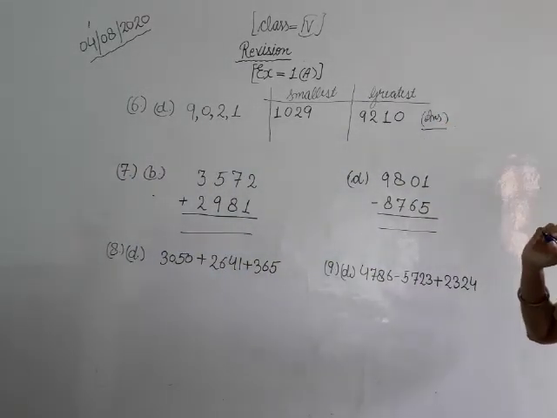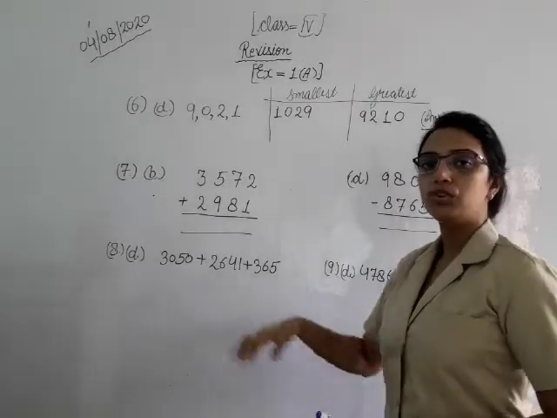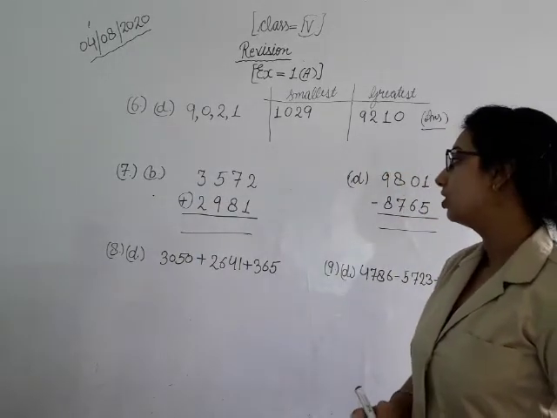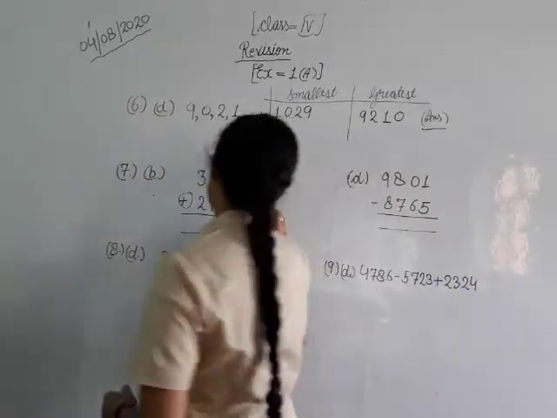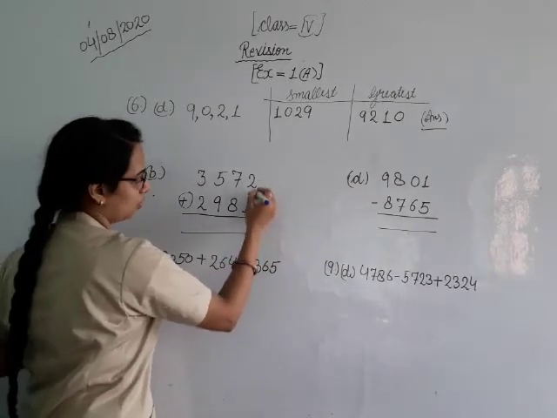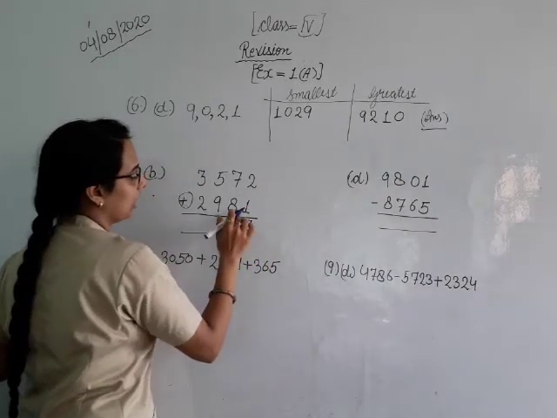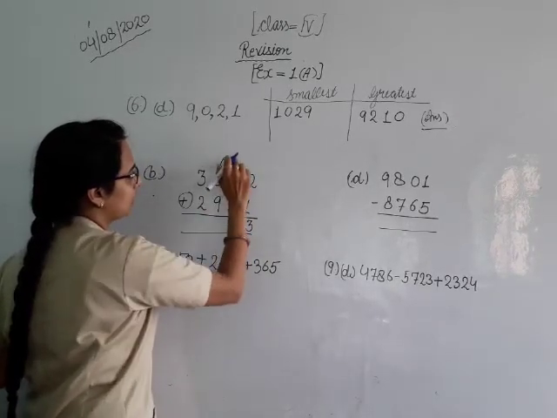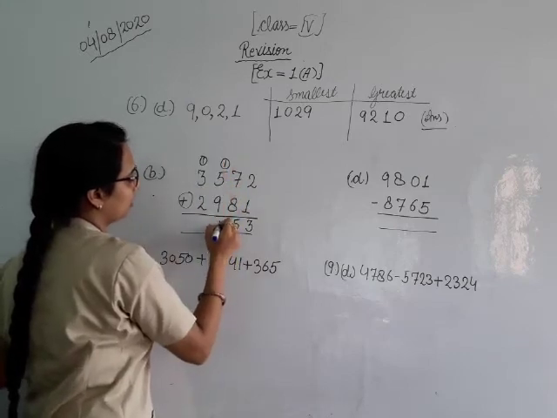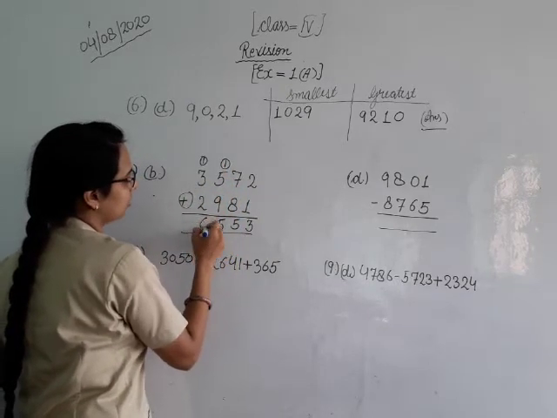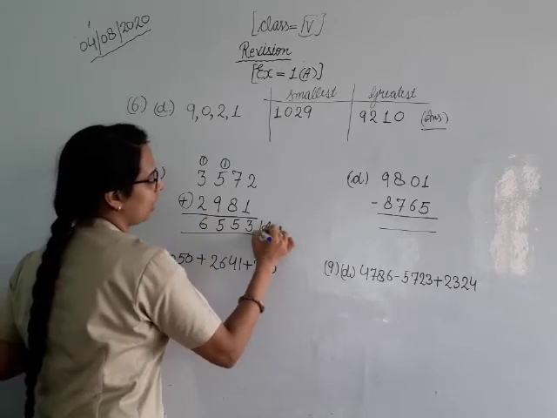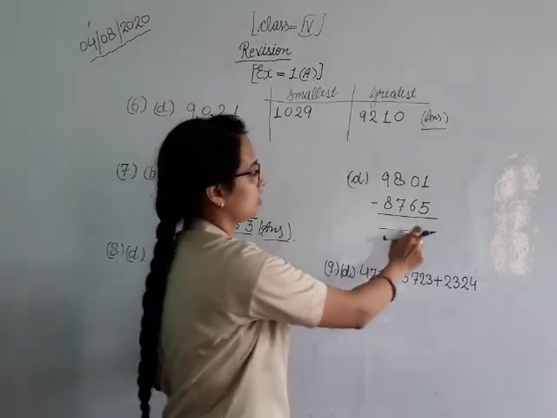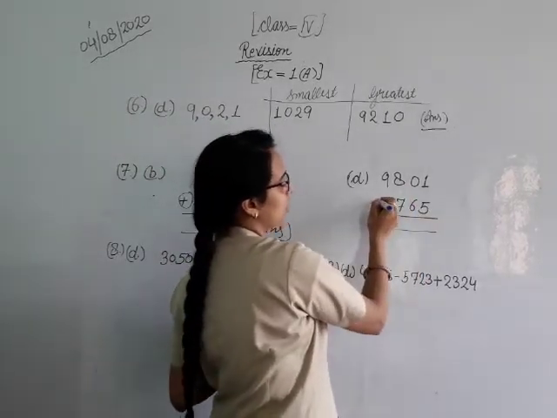Okay. Now see, in this we have to do the addition. See the symbol. Symbol is of addition. So first of all, what we will do, from the right hand side we always start. 2 plus 1, 3. Then 8 plus 7, 15, carry 1. 9 plus 1, 10, plus 5, 15, carry 1 and 5 here. And 3 and 3 are 6. This is your addition answer. Understood? Now coming towards our D part, what is it? 5. Okay, in this we have to do the subtraction.